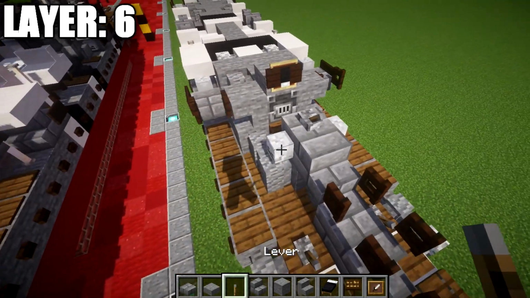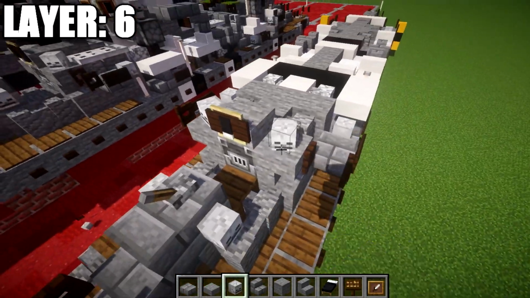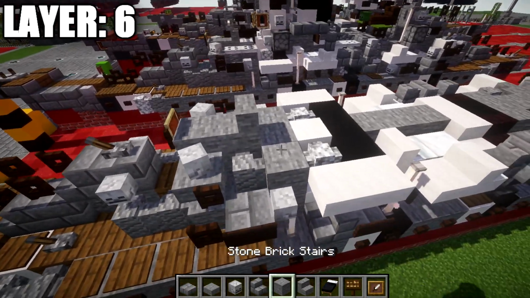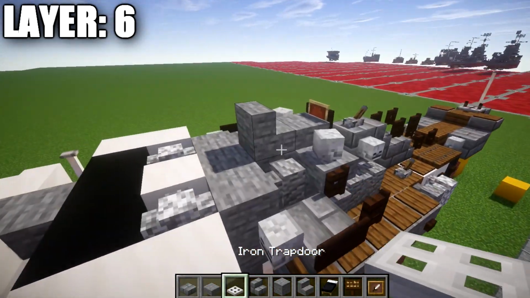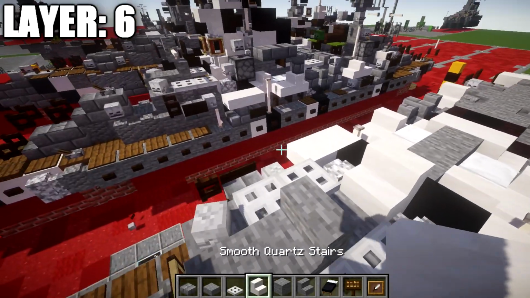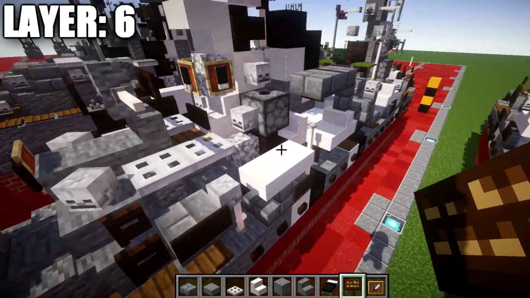We then want to go ahead and place down a skeleton skull in the sides here at a slight angle like so. And we want to then place down a stone stair directly behind that stone block. After that, we're going to place down a row 2 of iron trapdoors, like that. We then want to place down a smooth quartz stair there in the middle, a dark oak wood sign, and